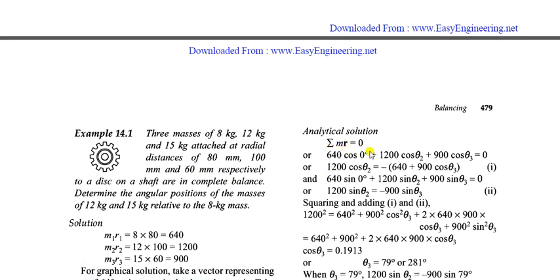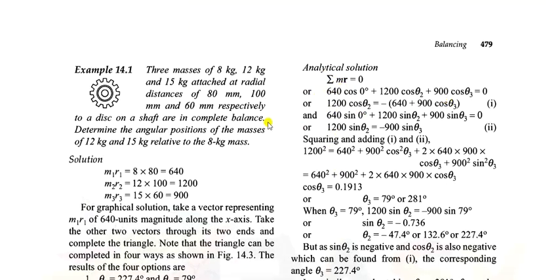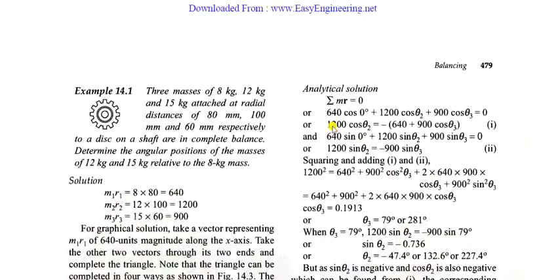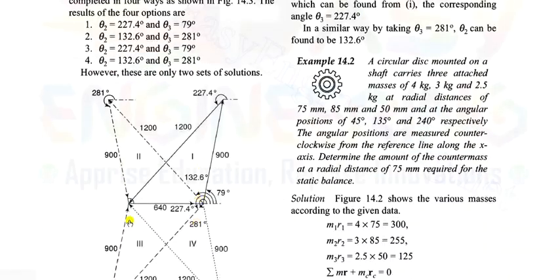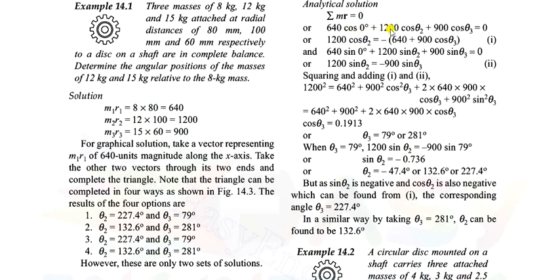summation of m into r will be equal to 0. Okay, and that will be in both directions, x and y. I will not talk about the z axis. Okay, so the x component is the cos component and the y component is the sine component. So in the x direction, 640 cos 0, how much angle is it making with respect to the x axis? 0, so it is cos 0. Okay, he is taking horizontal, Fx equal to 0, Fy should be equal to 0 for balance. The given problem is already balanced, so it will be equal to 0.